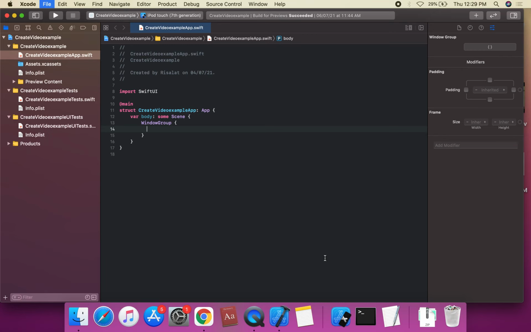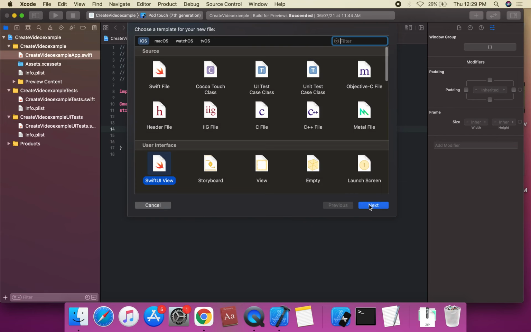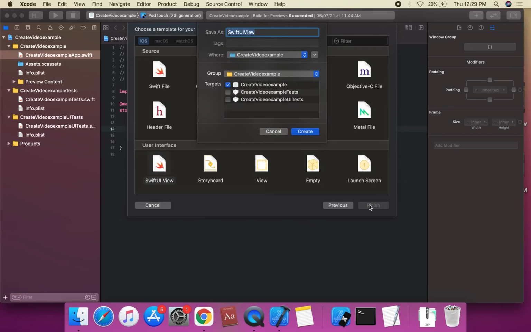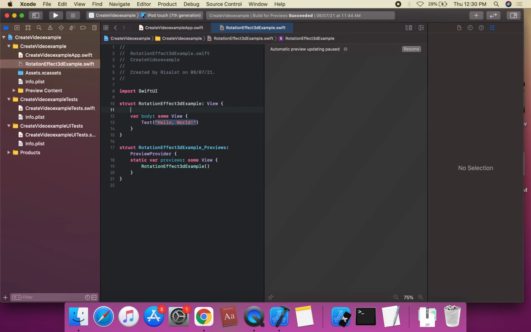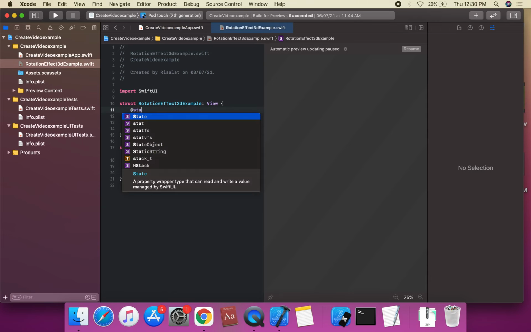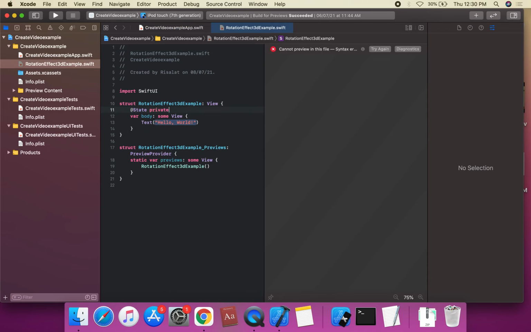First of all, we're gonna get on the SwiftUI view, and this is a 3D rotation effect example. Okay, so first of all, we're gonna get this state property, state private var gesture